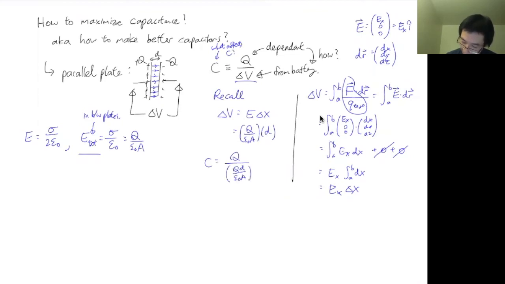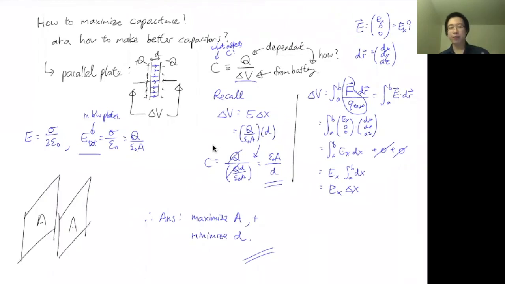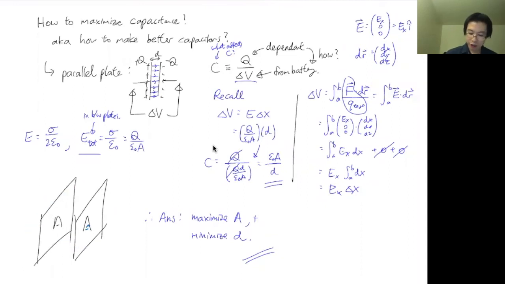So you plug that in there, and you simplify that, flip that on its head. You can check this carefully. So this is the result. So here we get a very clear answer to how to make a better capacitance. You increase or maximize the area and you minimize D. Okay. All right, so you're right, intuitive. So of course, if you have a bigger plate, larger area, of course you store more charges. What is probably less intuitive without doing the math, you probably will not be able to think about it out of the blue, is that you also want to minimize the distance.